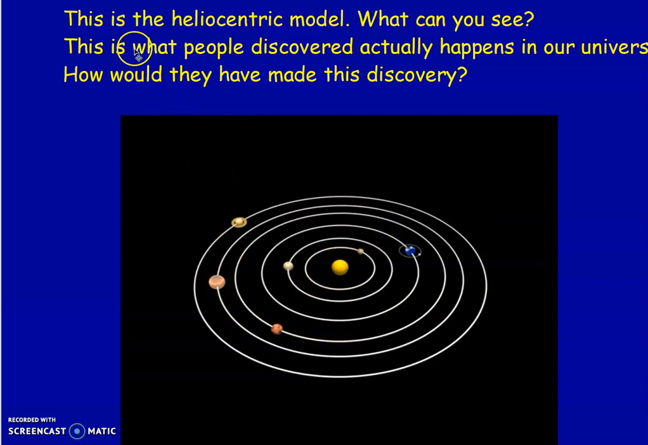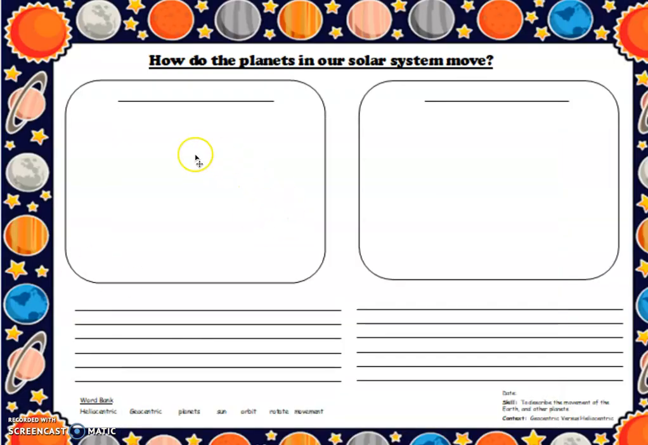So I want you to think about how people discovered this. Think about travel into space, and how much better the telescopes are now. Let me know what you think about those, how you think they made the discovery. And I want you to use Google, use anything, your iPads, your laptops in front of you to try and find out some ideas and fill out this sheet here. So, how do the planets in our solar system move? I want you to describe on this one here,